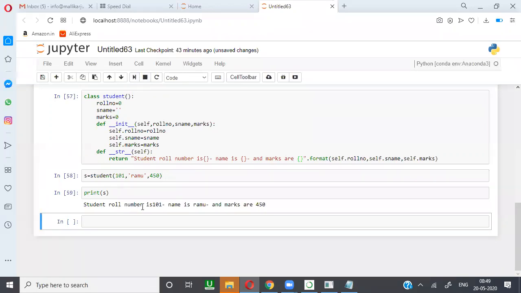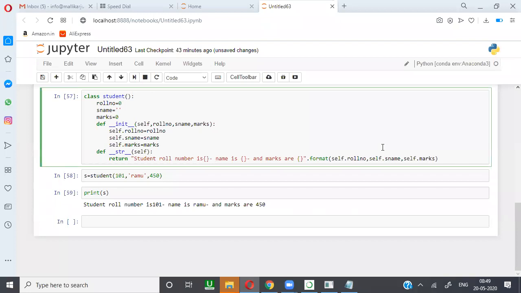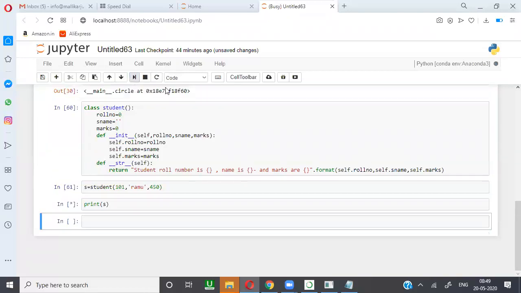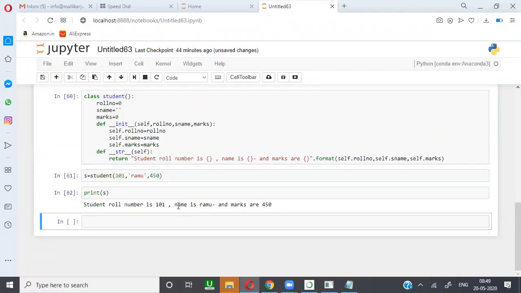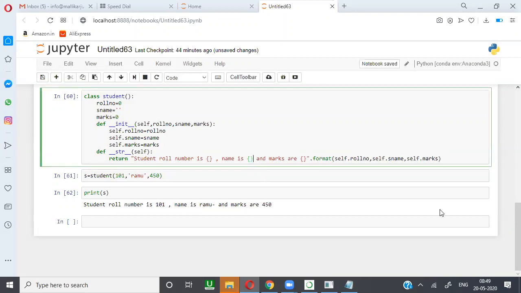We'll get student roll number is 101, name is Ramu, and marks are 450. Comma or hyphen, you can use it. So student roll number is 101, comma, name is Ramu, and marks are 450. So whatever the object, whatever the way you want to display, you can display.